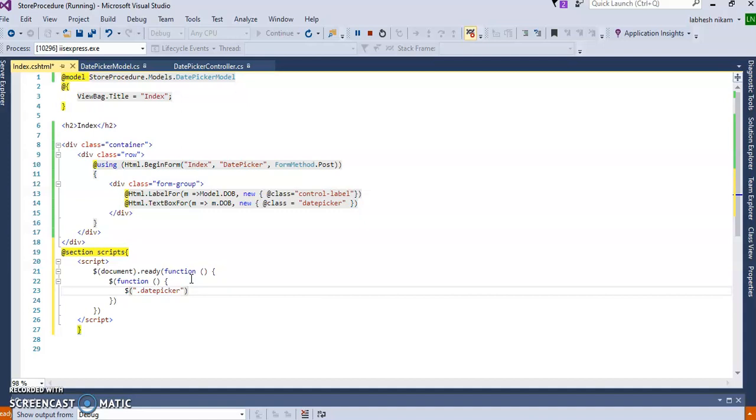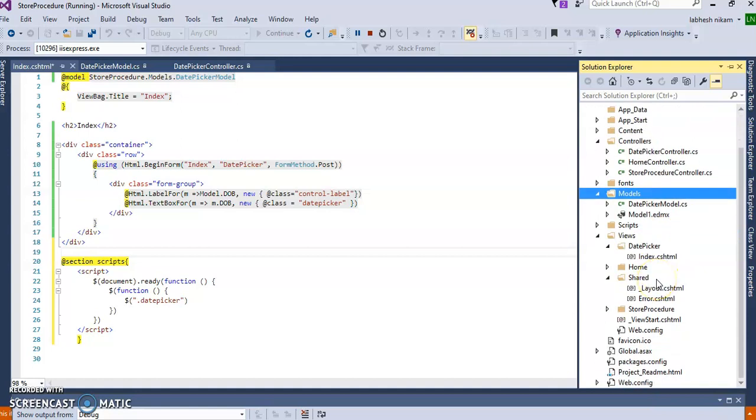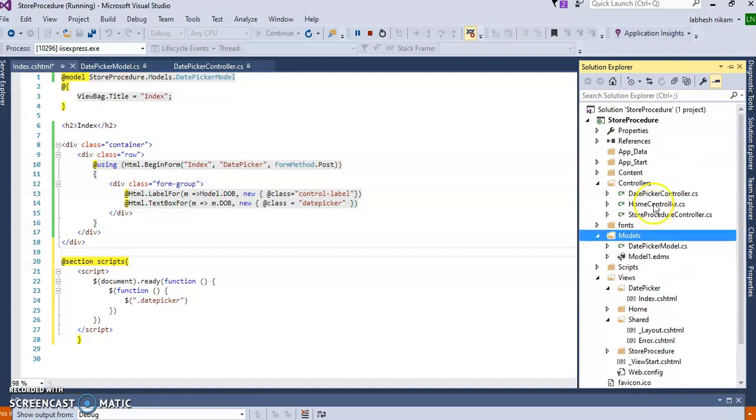Now use the class of the script. I need two scripts here, jQuery UI.css and jQuery UI.js. I will add that CSS which I have already done here.